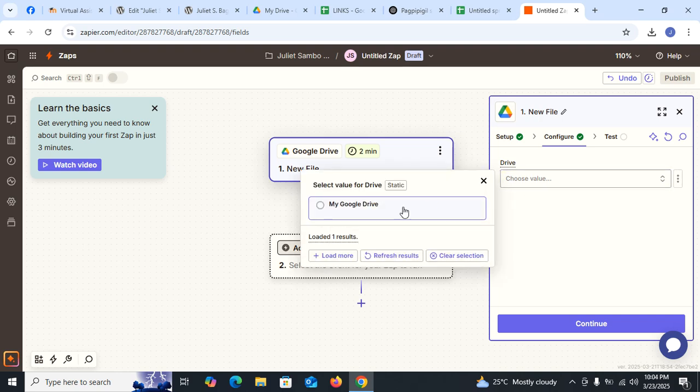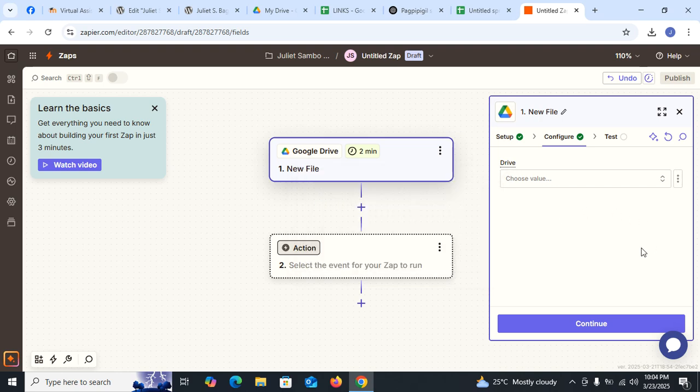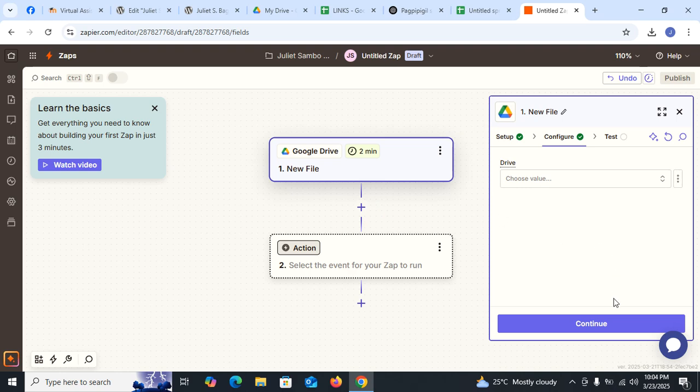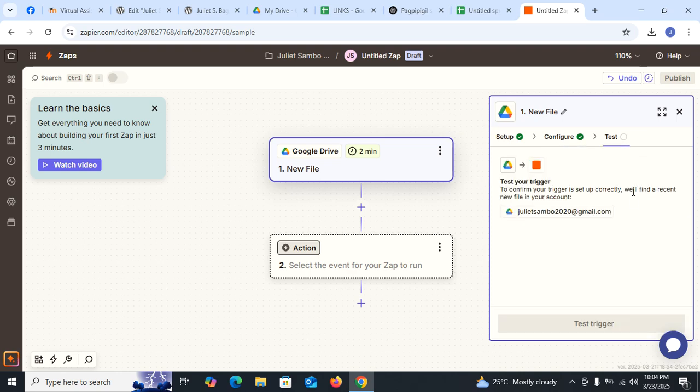Okay, and then select my Google Drive, or you can check load more. Okay, Google Drive, continue.